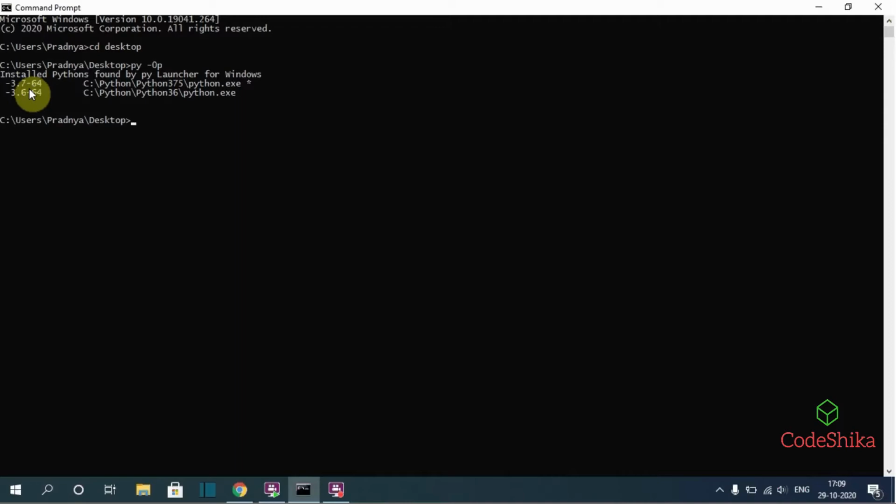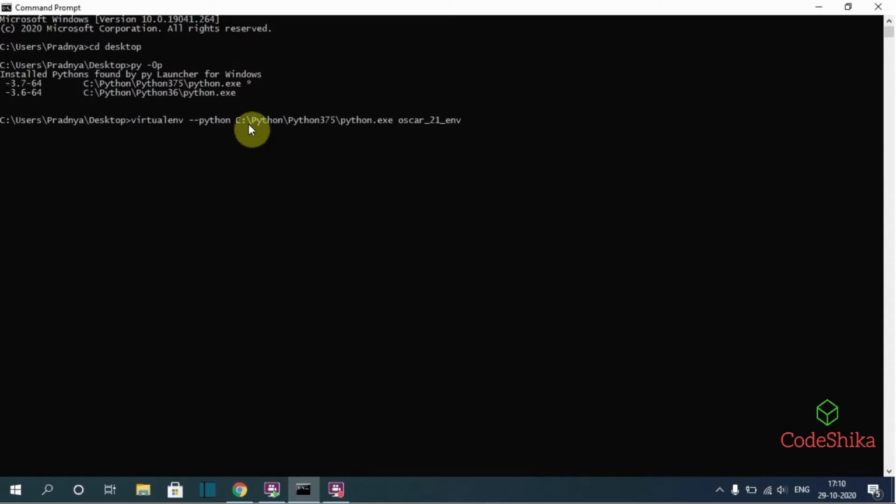to create the virtual environment. So I will type here virtualenv --python, and the path of the Python, that is I will copy this, I will paste here, and after that I will give the name of the virtual environment, that is oscar21env.